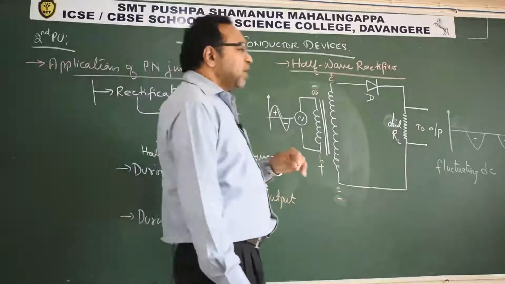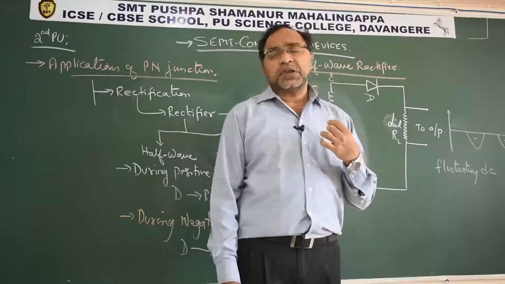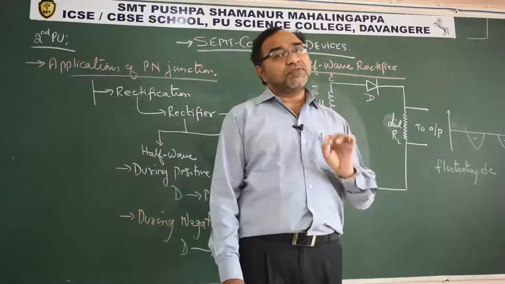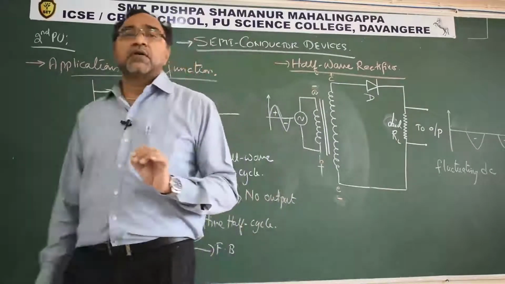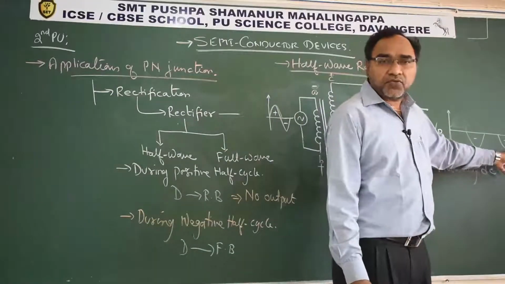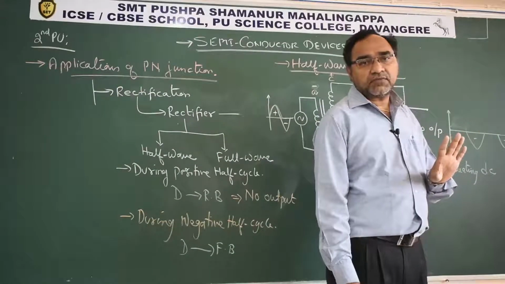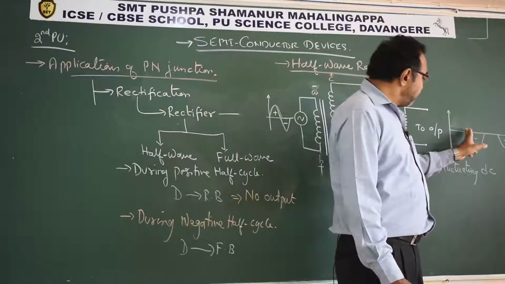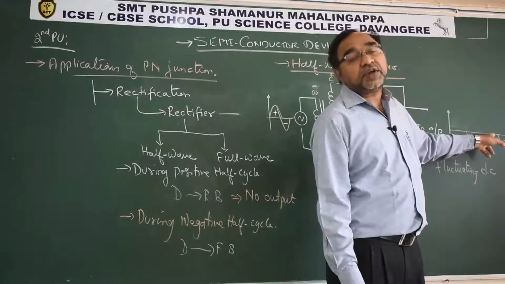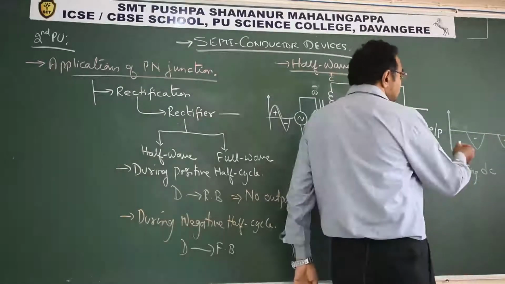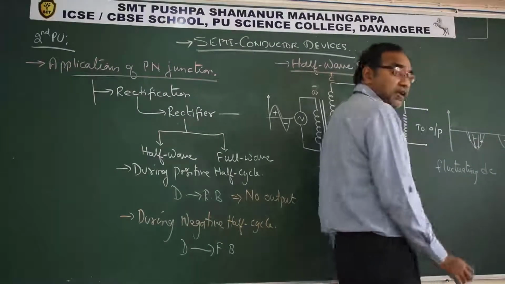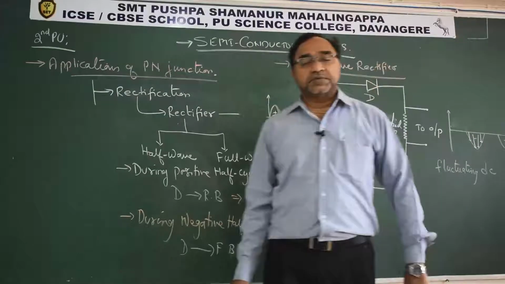Second thing, it is also not important whether we are receiving positive or negative. What is important is which kind of lobe we are receiving. That will define our DC. Here we are receiving only one type of output. So this is unidirectional, first of all. Second, since it is fluctuating, the value is not constant, it is changing with time. See here, the magnitude is changing with time or not. That is why it is called fluctuating DC.